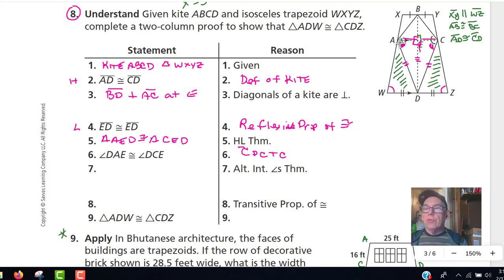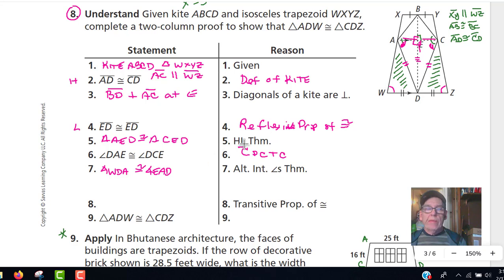And then by alternate interior angles, with this being parallel. Now, with this AC parallel to WZ, that needs to be up there in the givens somewhere. So I'm going to add this up here, that AC is parallel to WZ. That's all given. This is given in the diagram. It's not specifically listed out. But based on this being parallel, then we can use alternate interior angles and say that this angle WDA is congruent to angle EAD,